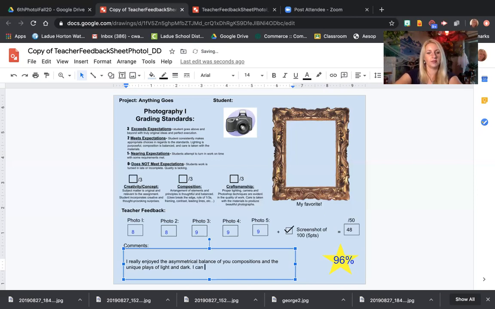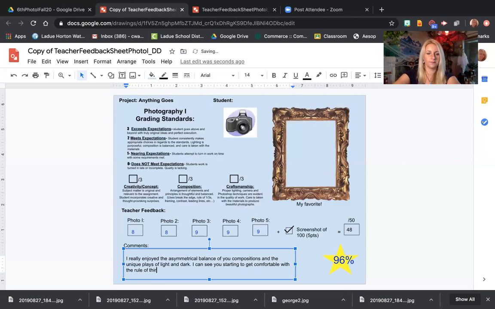Even my criticism, I try and somewhat hide it as like a negative. So I can see you starting. So that kind of implies maybe some growth is required in this area, but you're starting. I can see you starting to get comfortable with the rule of thirds and capturing